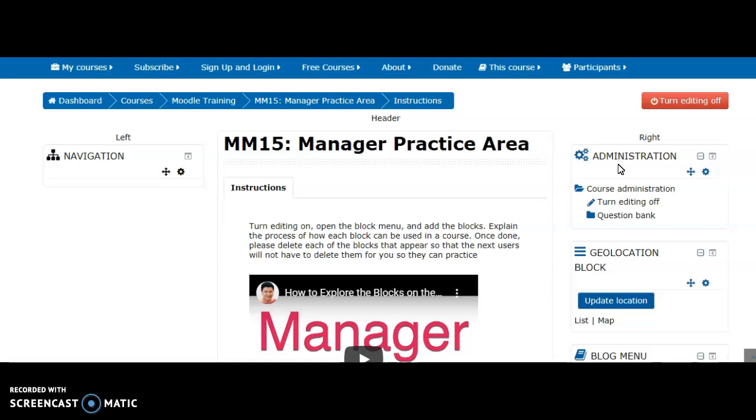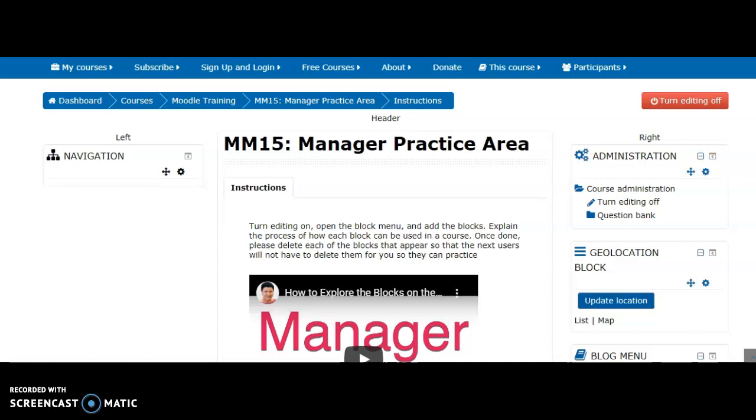Now I will show you how you can do various things in the blocks. If we look at this administration block, you will see that there are 4 icons here. The first icon is, if you want to hide the administration block, you have to click on it, and if you want to dock the administration block somewhere else, then you have to click on it. And this icon helps you to move the block somewhere else, wherever you want. And this is an action menu.